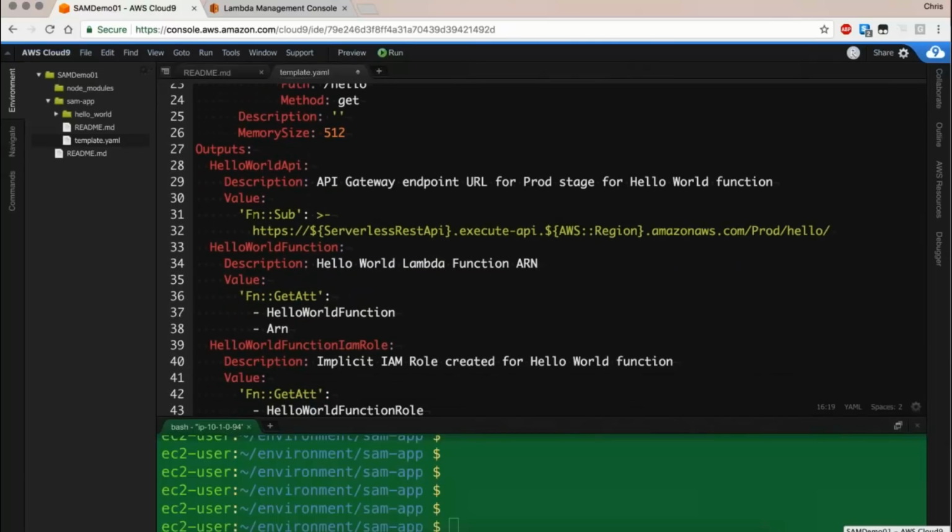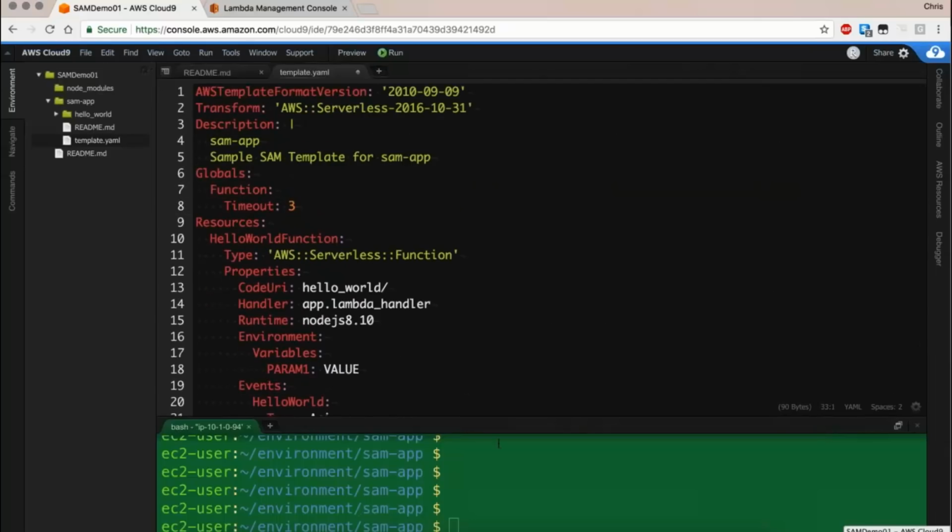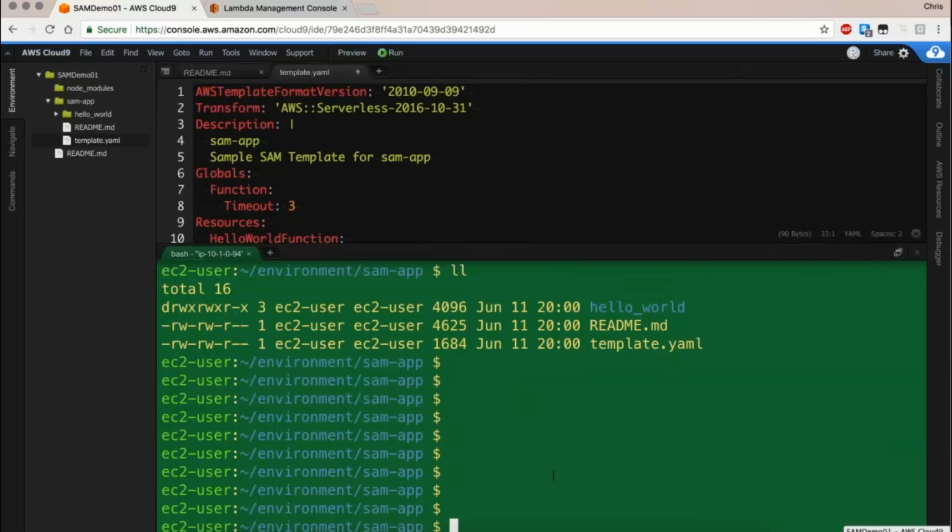So for those of you who are completely new to CloudFormation syntax, this is actually a pretty rich example in terms of a run-through of some CloudFormation syntax. So we have a function inside of SAM that's called sub, and what it's going to do is replace the text that is in these curly brackets with the values that represent those resources. And so again, this is going to get me started with a very, very basic application.